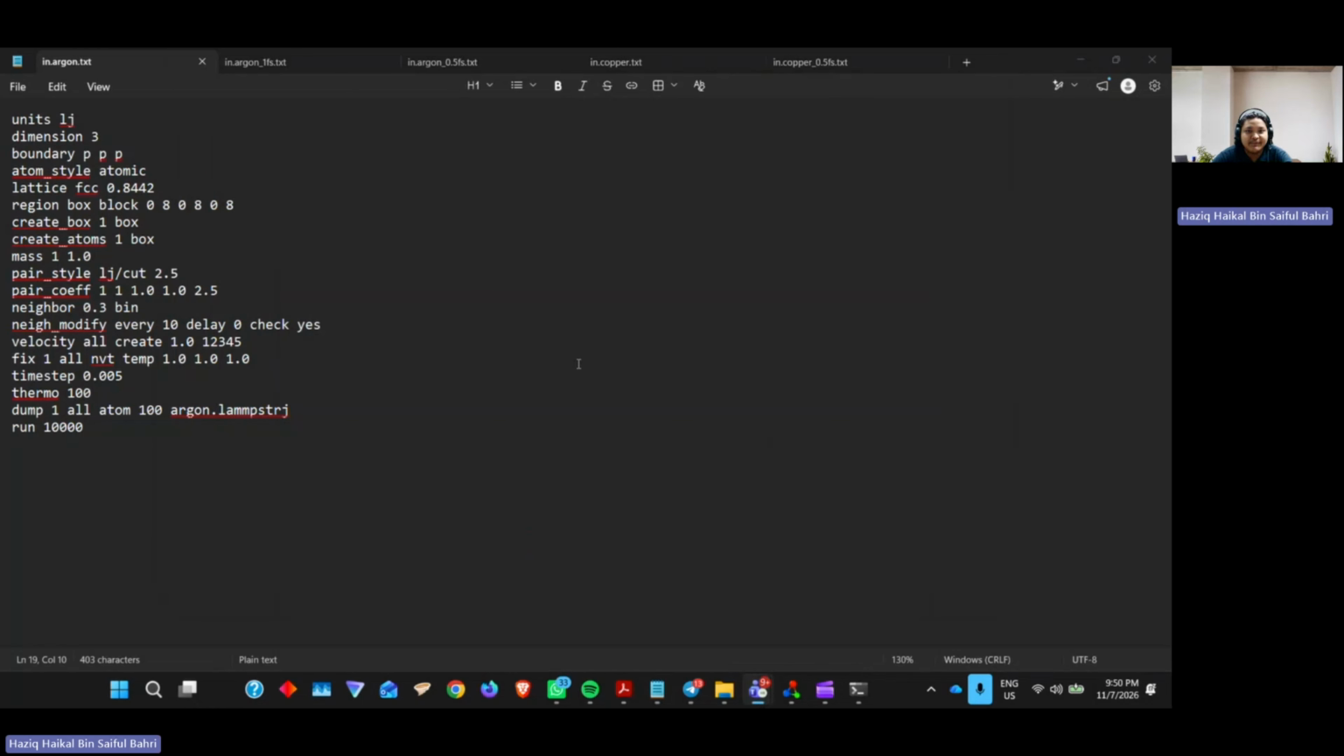The last parameter that we are going to change for argon is the time step. In the original script, the time step is 0.005, and we are going to change it from 0.005 to 0.001. So after you change it,